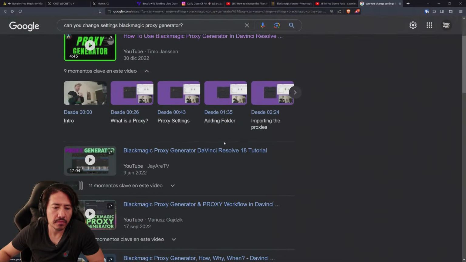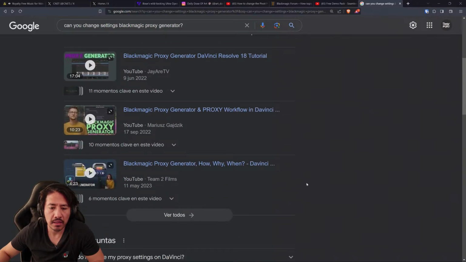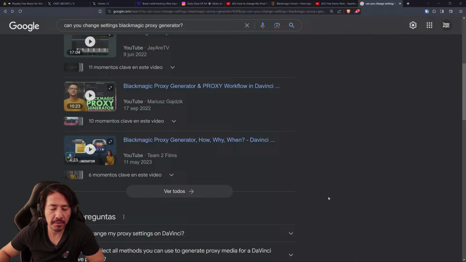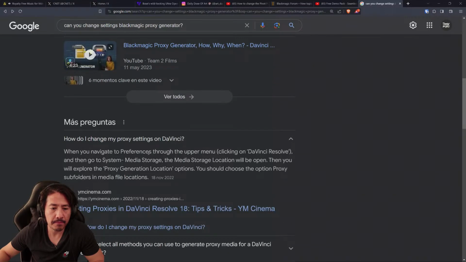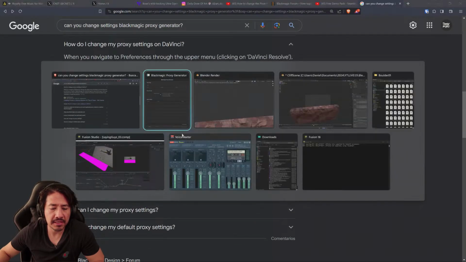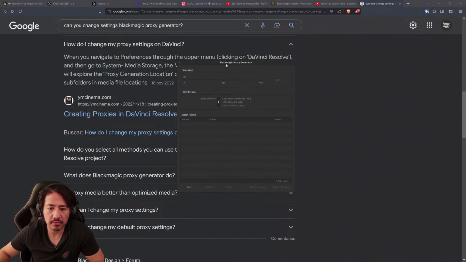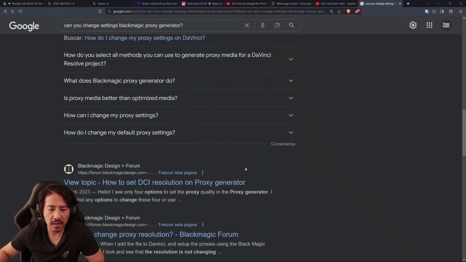Blackmagic tutorial. Proxy, how, why, when. I'm not sure if proxy settings. Yeah, these are like the basic settings from the interface, which I get. It's cool, but